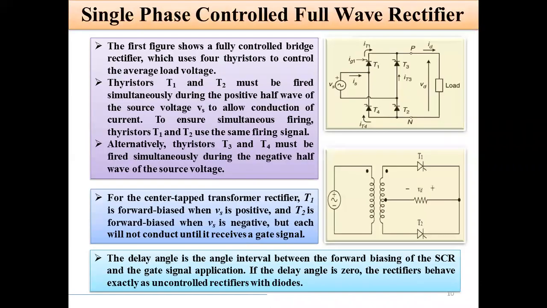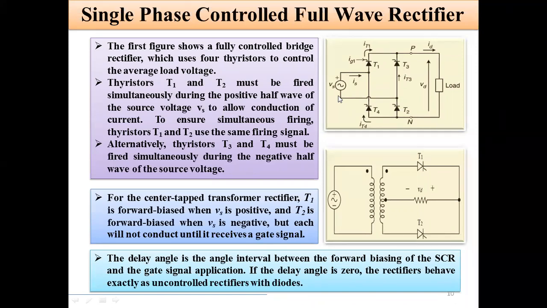In previous classes, you observed the single phase controlled full wave rectifier. In a full wave rectifier, the output voltage across the load is a steady value, because two half cycles are given as input and both are obtained as output. But for a single phase half wave controlled rectifier, we get only half wave, either positive or negative. So the output voltage of a half wave rectifier is unstable, not a stable value.